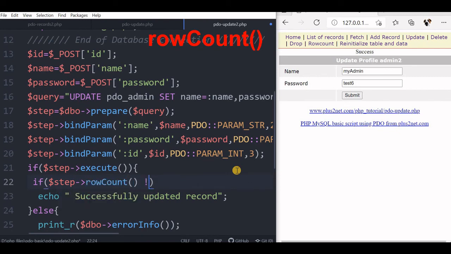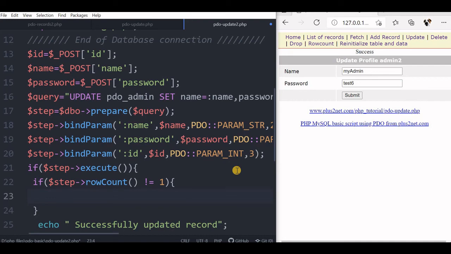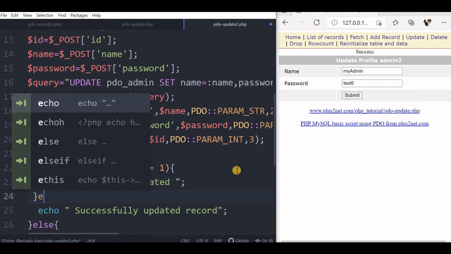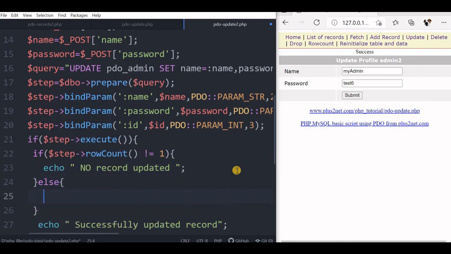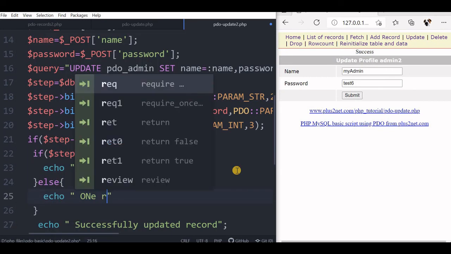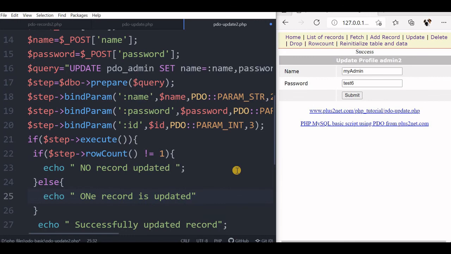If row count is not equal to 1, then we'll say echo no record updated. This situation may come when we didn't change anything but click the submit button. In that case it will come. Else we'll say one record is updated.